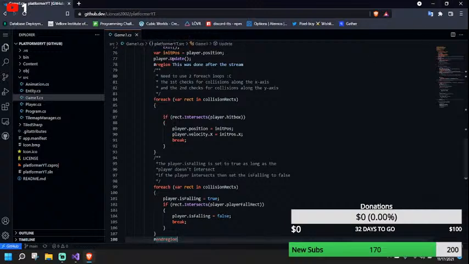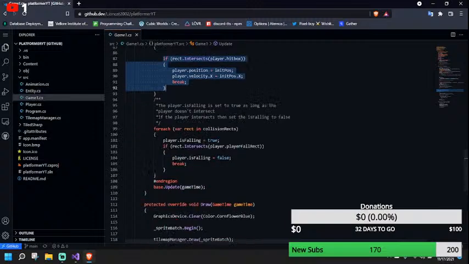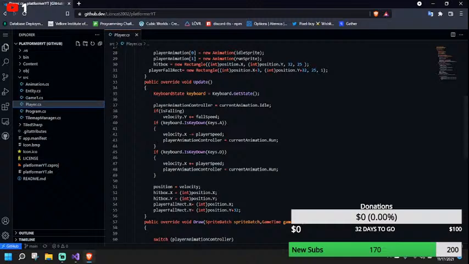We are using two for each loops, one for checking along the x-axis and one for checking along the y-axis. And in the player class, I am just checking if the player is falling, in which case I am adding the fall speed,